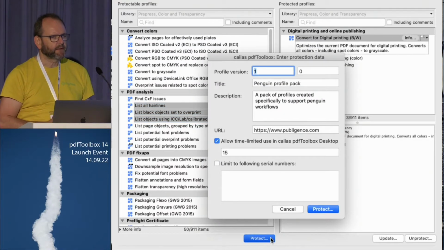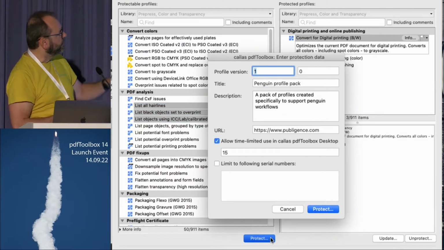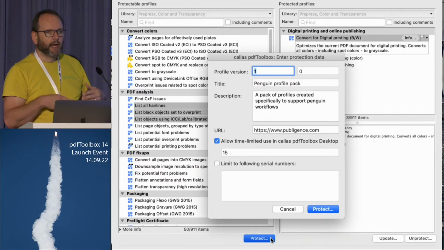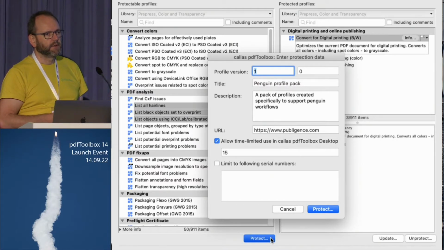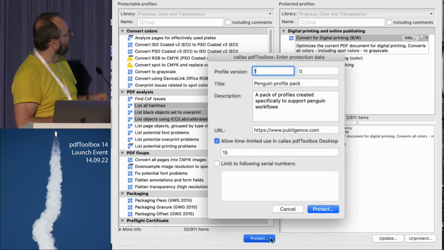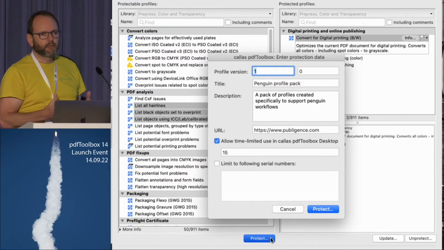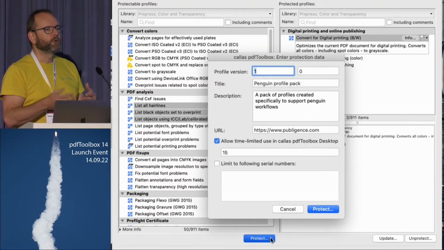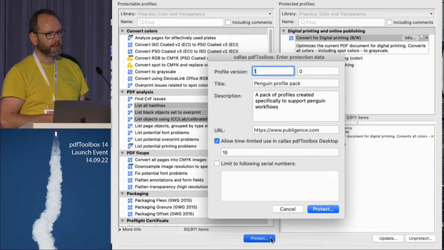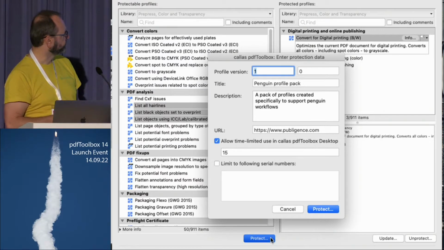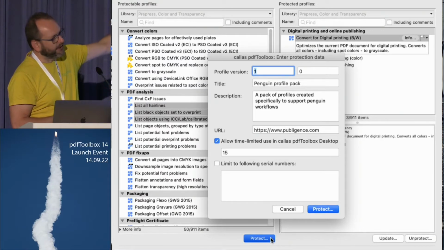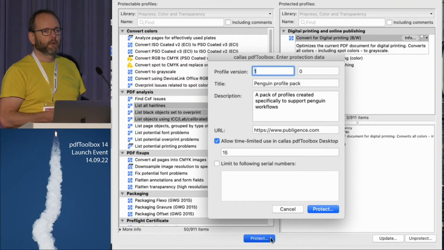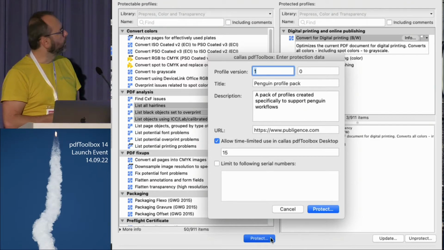And when I click that, it shows me the information that I can add while I protect these profiles. And so at the top, you have general information that goes in there. We will see in a second where that goes, but essentially, this is what will be shown to the user of these profiles if they ask for information about that protected profile. Yeah? And the information is purely for yourself, so you have to determine what you want to do with that,